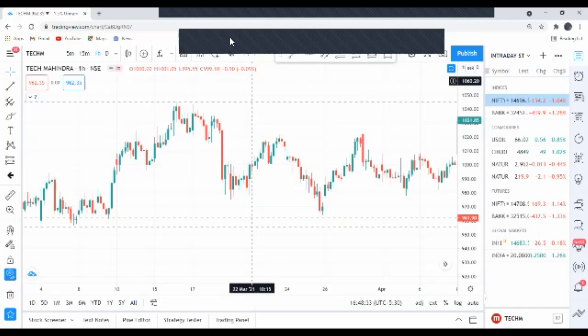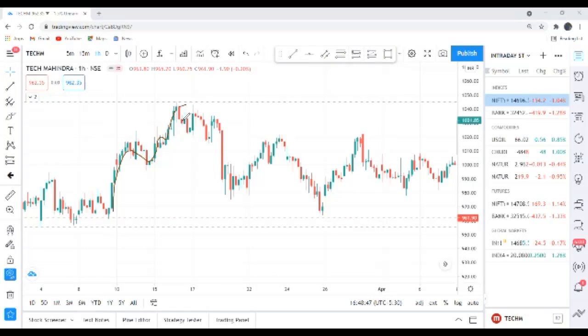See here. Here the positive trend, uptrend, is going. In that, a bearish Marubozu came. This is what? Bearish Marubozu. A bearish Marubozu came. So then the positive trend reversed and it became negative. Okay. So the positive trend reversed and it became a negative trend. So this is what we have discussed here.